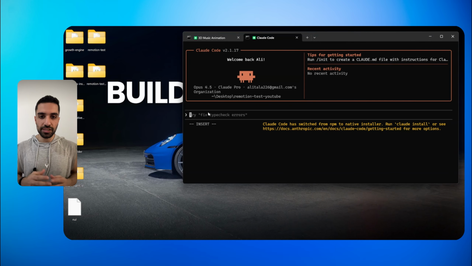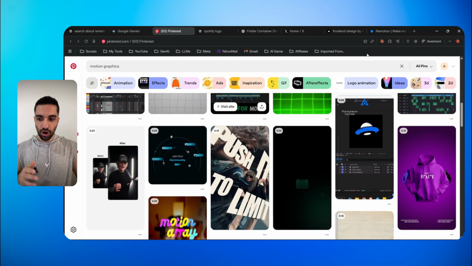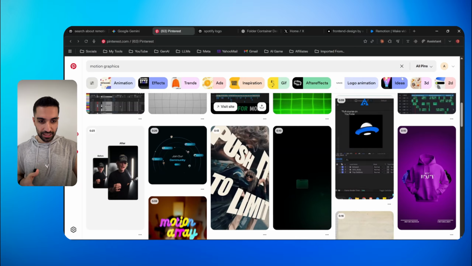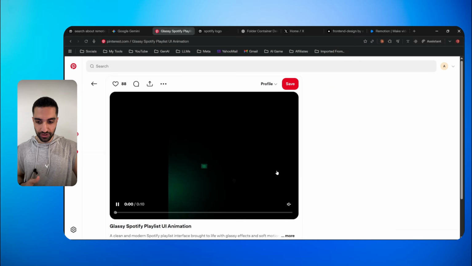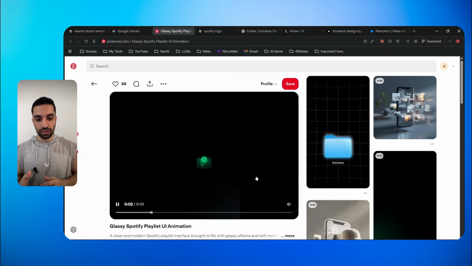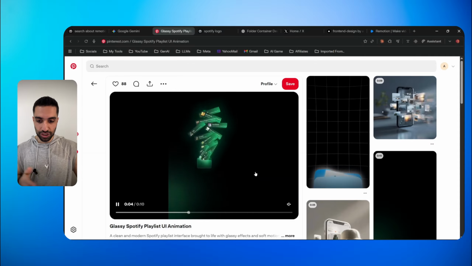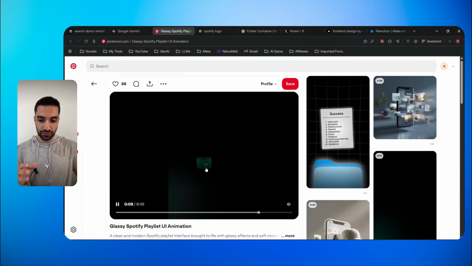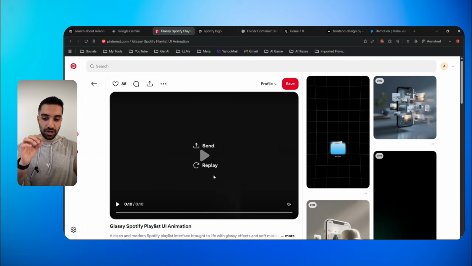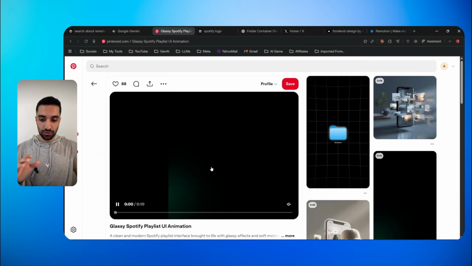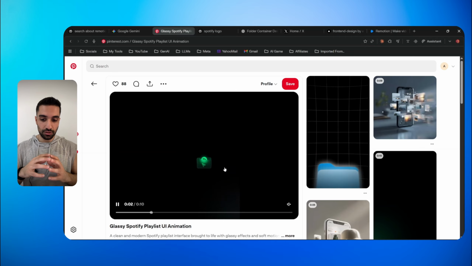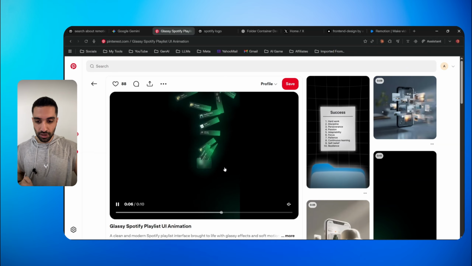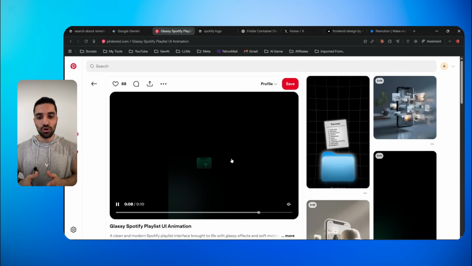Now let's go find something that we need to create. So I was looking on Pinterest, I searched for motion graphics, and I came across this motion graphic and I liked it. So I decided to rebuild this with Remotion and Claude. So we have a folder that a cursor will come to, click, and the Spotify logo will come out from the folder, and we have some pop-ups of some UI cards of the songs. So we can easily create this, but I didn't know how to